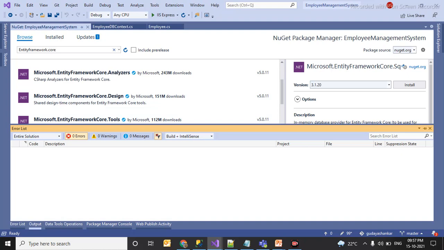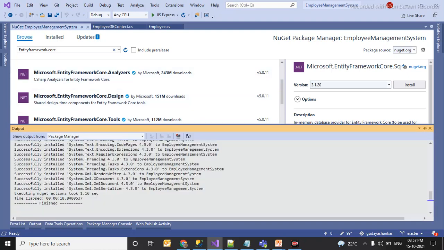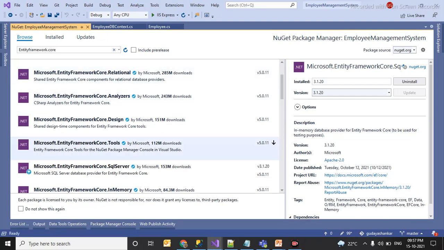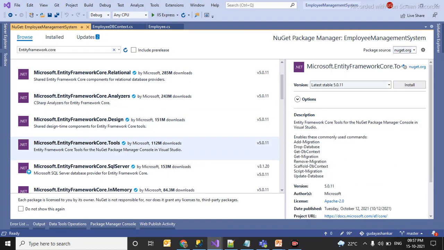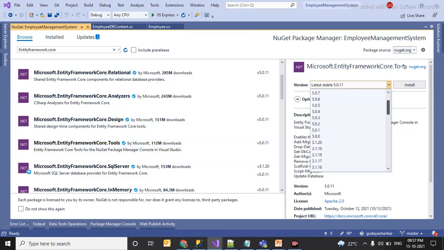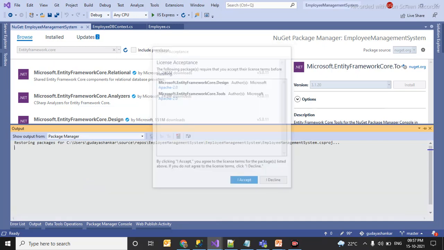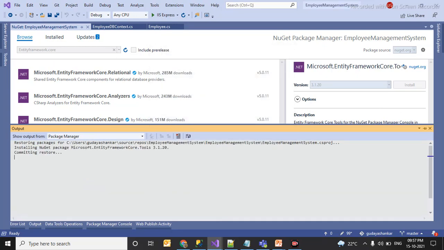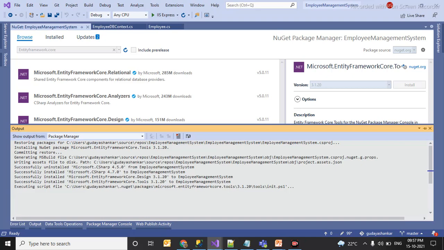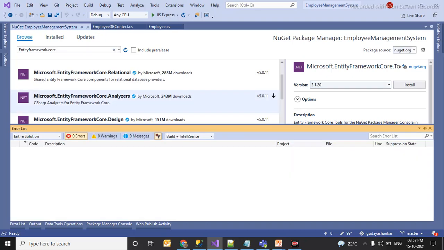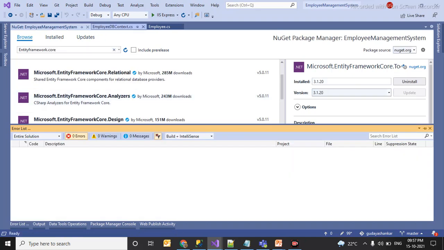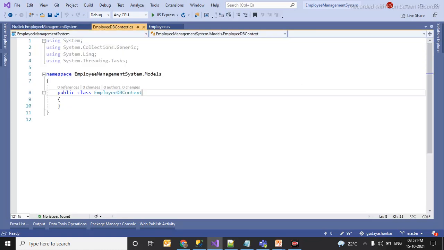Installation is done now. One more package we need is Tools. Again you have to select 3.1.20. Accept the license. So all three packages have been included in my project.